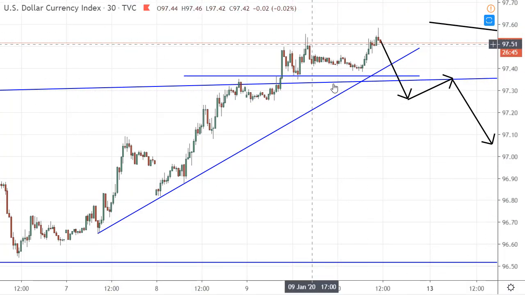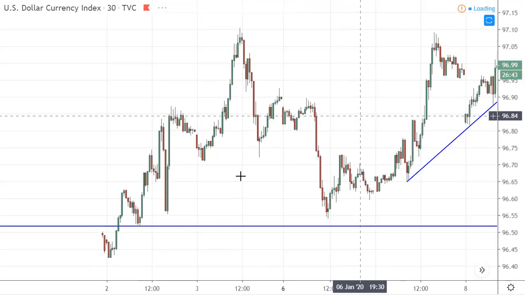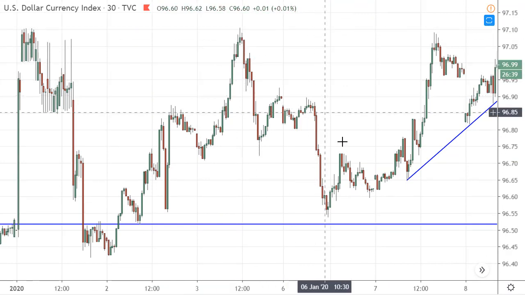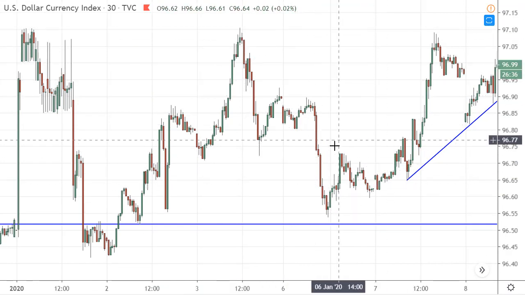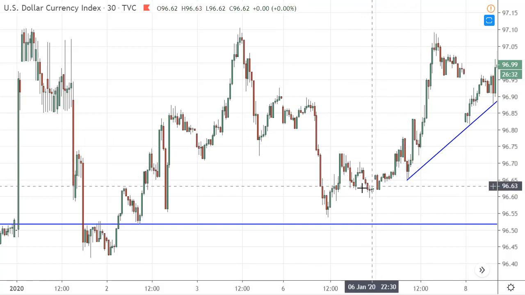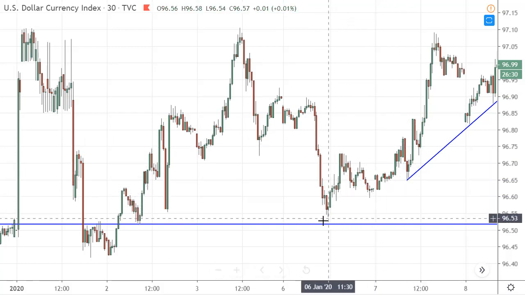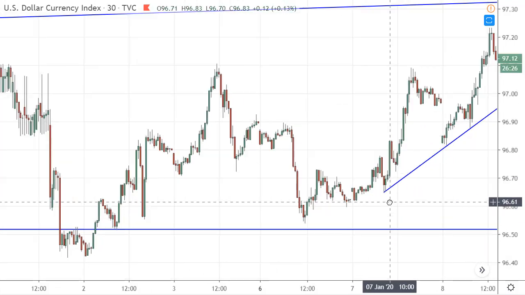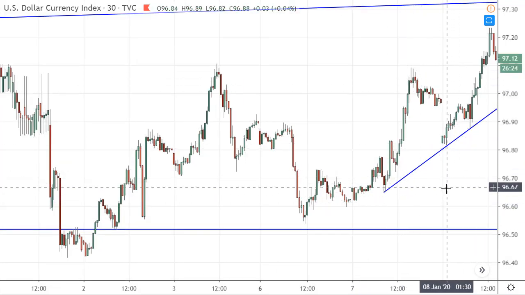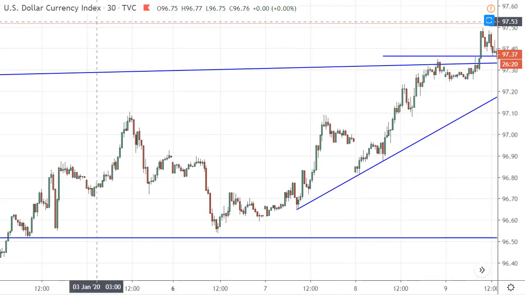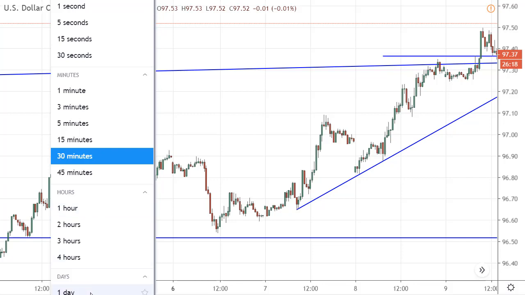We get a similar situation, just like we had over, let's see, actually, we had it over here. You can put in a trend line here. This was previous resistance. Trend line got broken. We came back to retest a certain level. We never made lower lows, so we can extend this trend line as well. And then price started moving to the upside. But I need my trading strategy, some information to confirm a certain move.